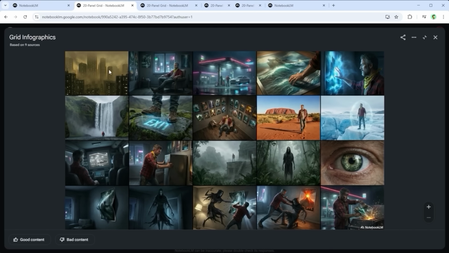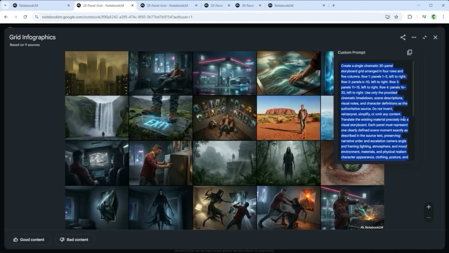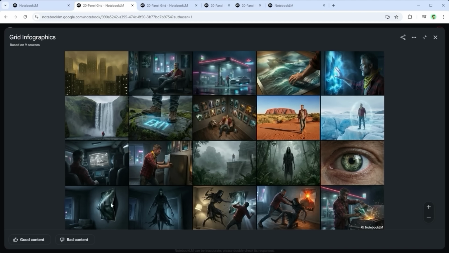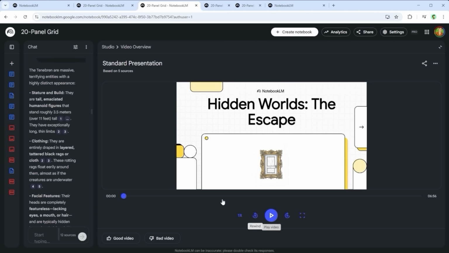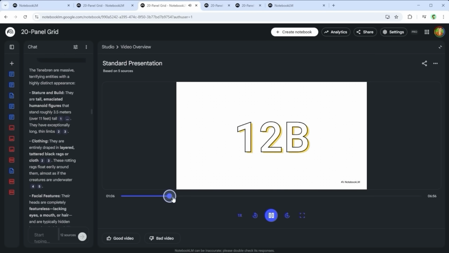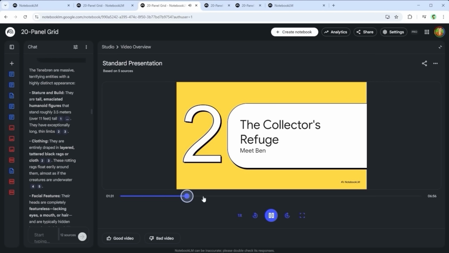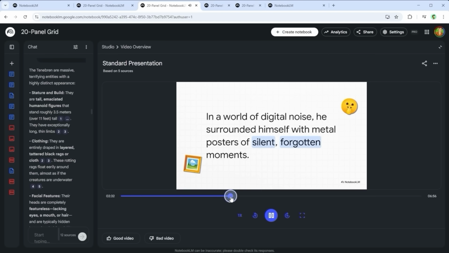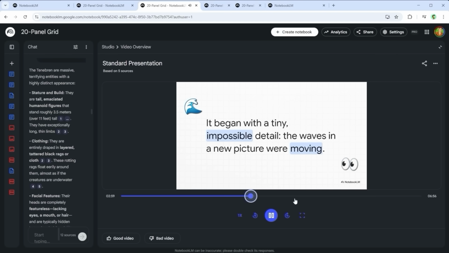That's where the X-panel grid comes in. A grid made up of 20 clear, meaningful scenes, all perfectly aligned in a consistent layout, visualizing the first act of the story, generated using the Infographic feature. NotebookLM does have a so-called video overview too, but let's be honest, that presentation is about as generic as it gets. In this tutorial, I'll show you how to build these usable grid layouts yourself with NotebookLM, and it doesn't